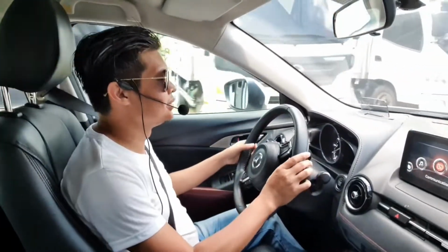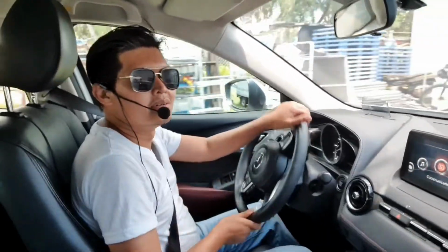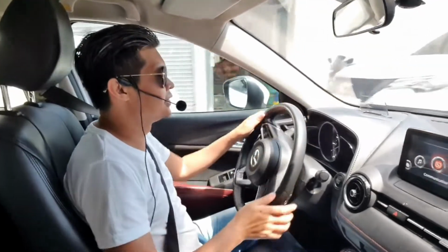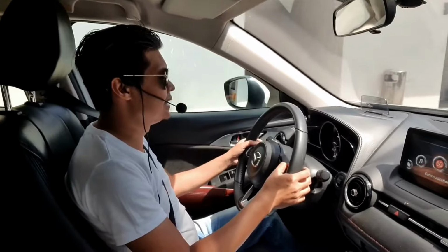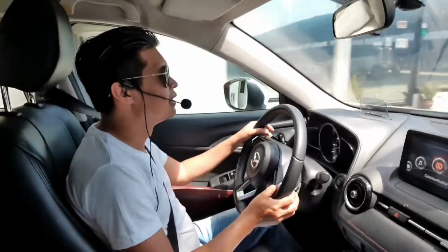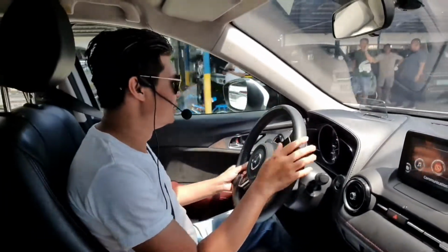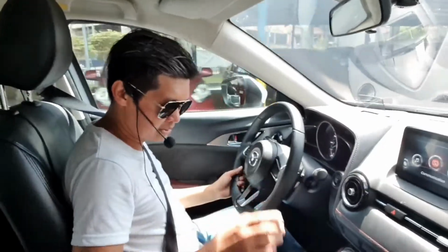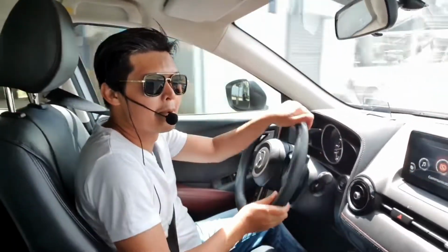option to switch to manual mode, and you can control the gear shifting via these very sporty paddle shifters, as you can see, that are perfectly integrated into the wheel. So even though you're steering the wheel, it's very easy to control the gear shiftings. Now this car is fitted with a sports mode, and if you try to speed up a bit here,